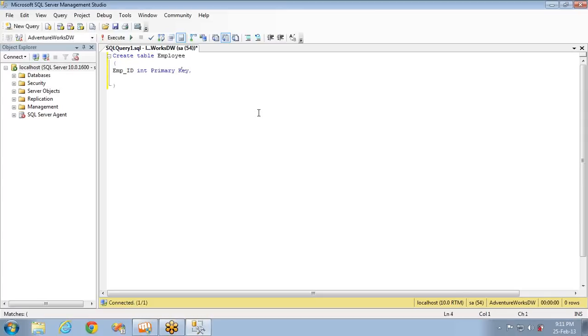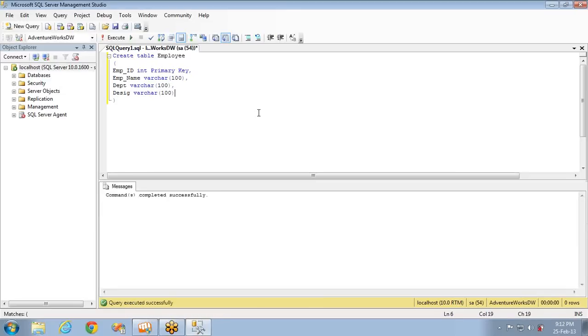The second column is employee name, varchar of 100. The third one is department, varchar of 100, and the fourth one is designation, again varchar of 100. I don't know whether any table exists with this name or not. It does not, so the table was created successfully.